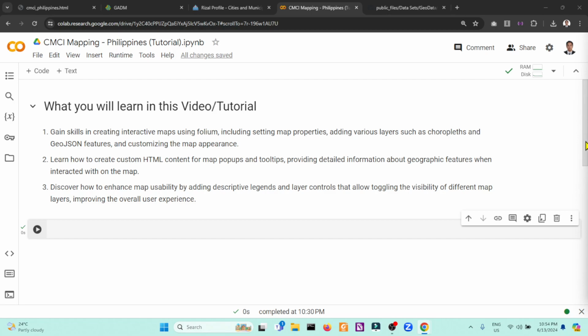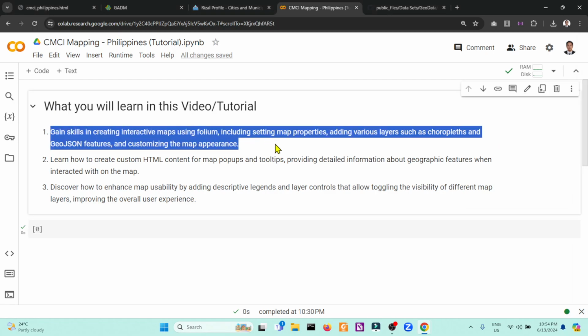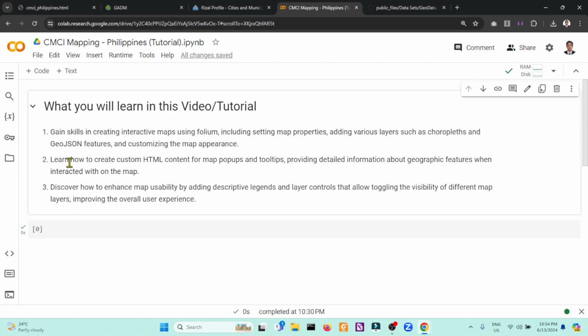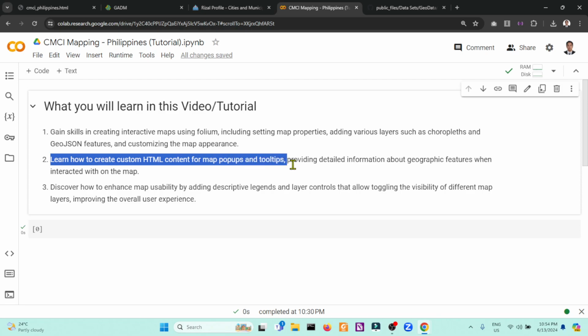So again, as a recap, what will you learn? You will gain skills in creating interactive maps using Folium. You will also learn how to create custom HTML contents for pop-ups and tooltips.